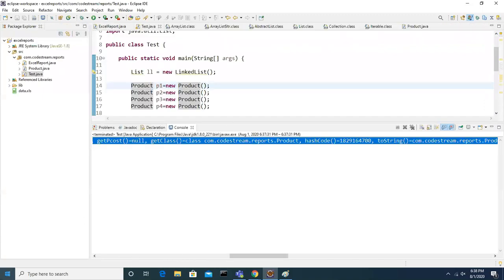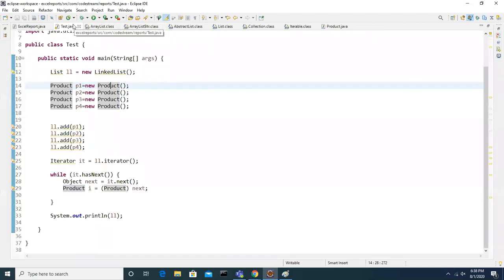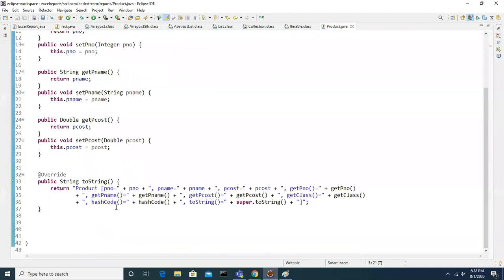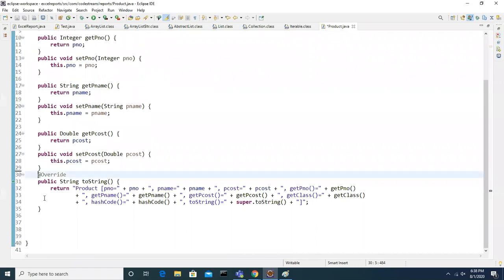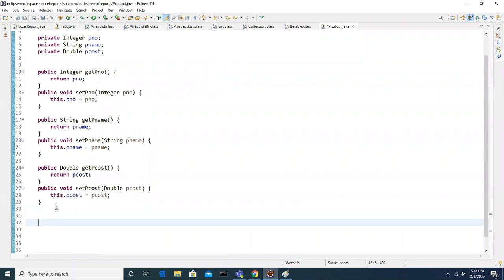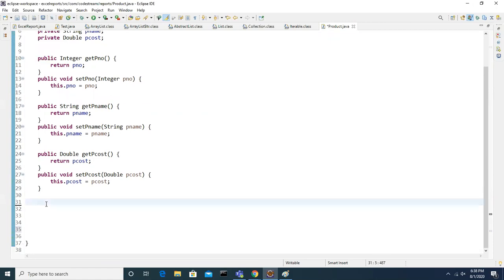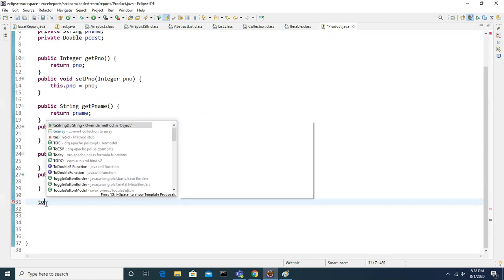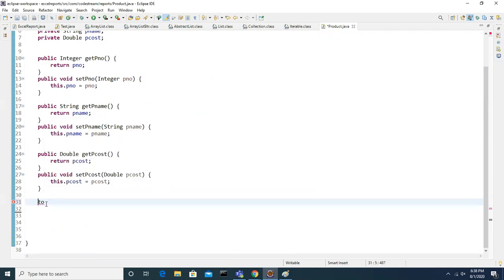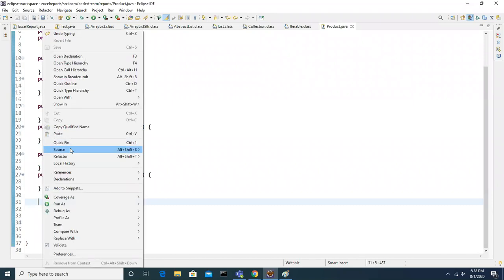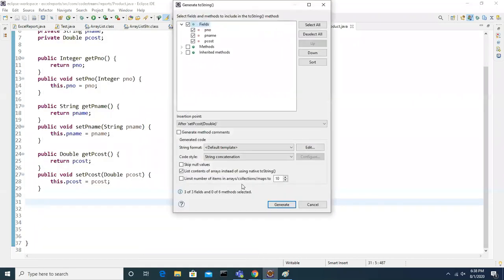To simplify this, you can modify it. Let me talk in more detail about the toString method, guys. The toString method is already available in which class? The Object class. So if you write the same method in the subclass when it is available in the superclass, what can we call it?